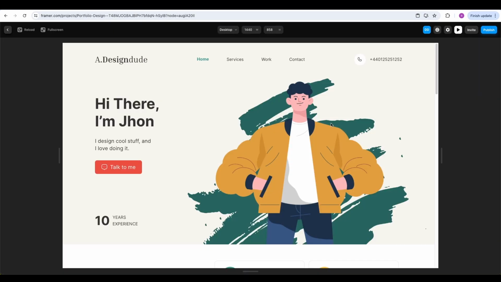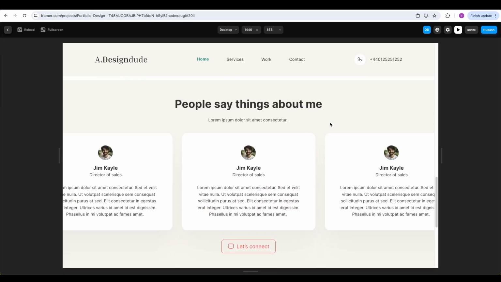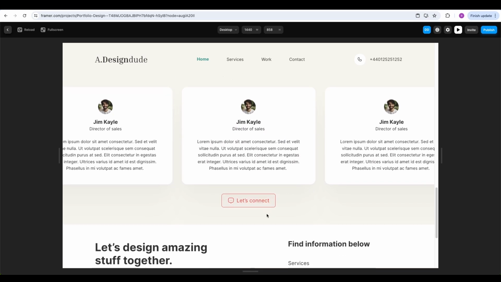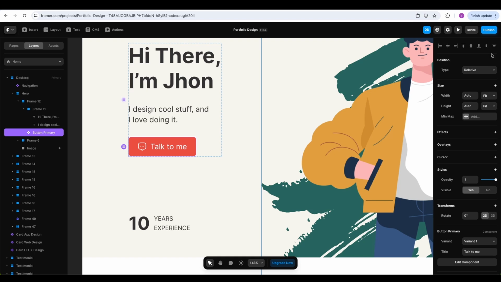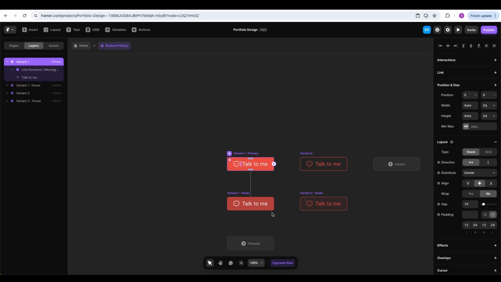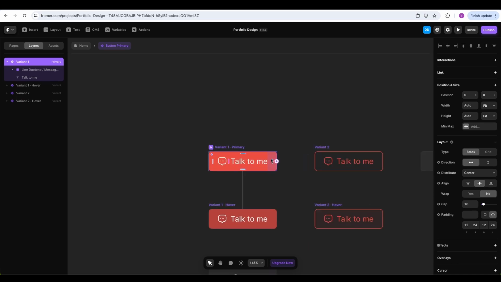Go to home and preview. Now let's have a look. When I hover this, you see a subtle red fill color in there. Perfect. Now to add a link, there is something that we need to do. Usually when you select a frame, there is an option to add a link on top here. But because this is a component, I need to go into the edit component section and add a link